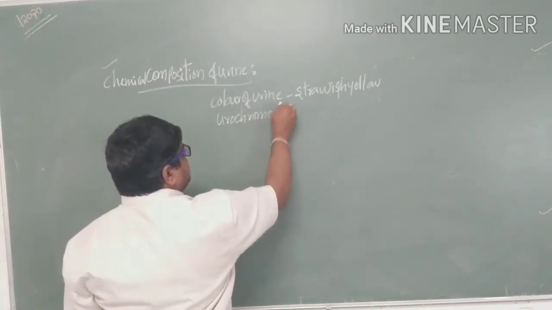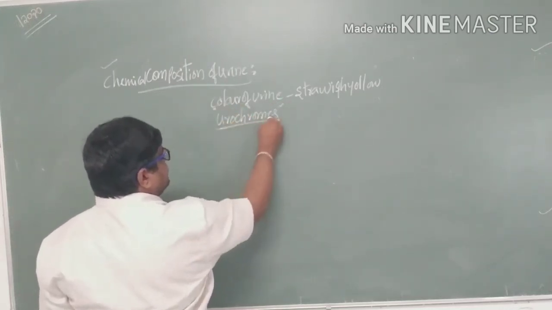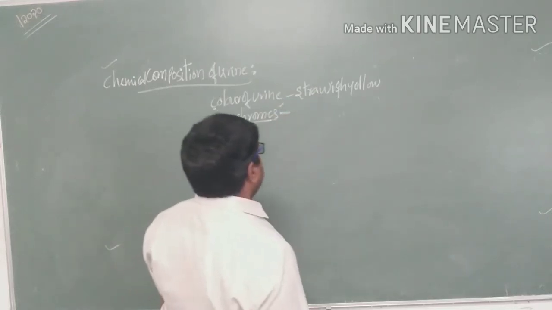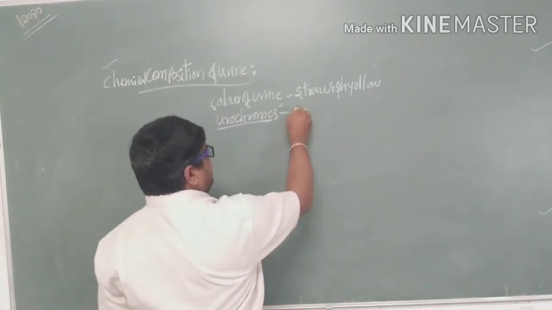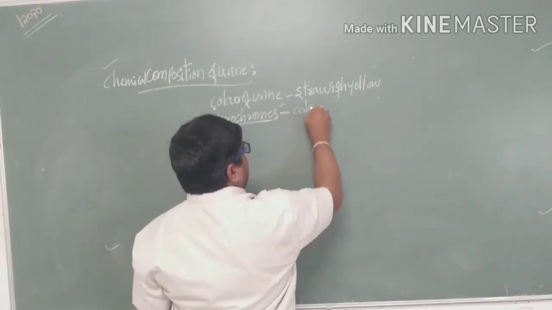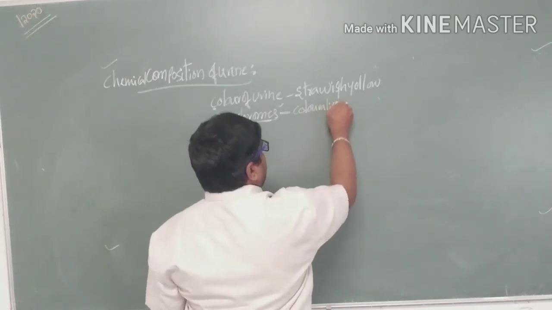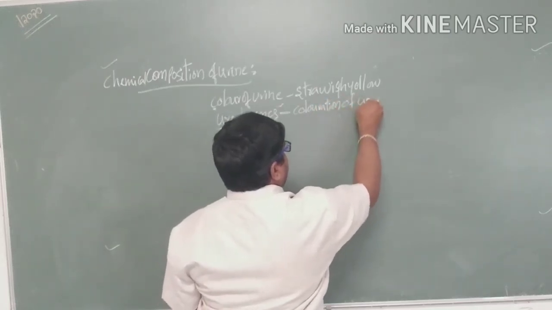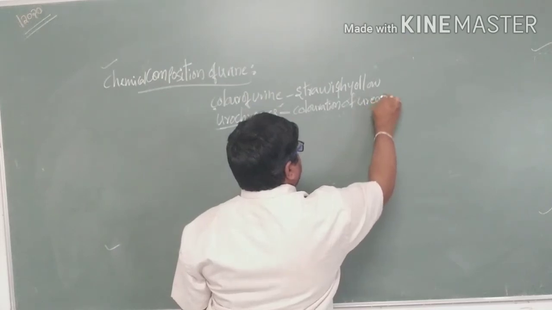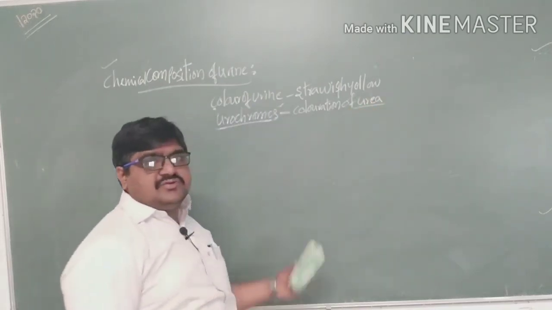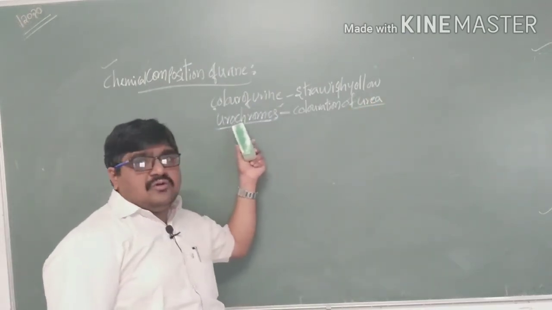Due to the presence of urochrome, the coloration of urine is given. The coloration of urine is taking place due to the presence of urochrome, where